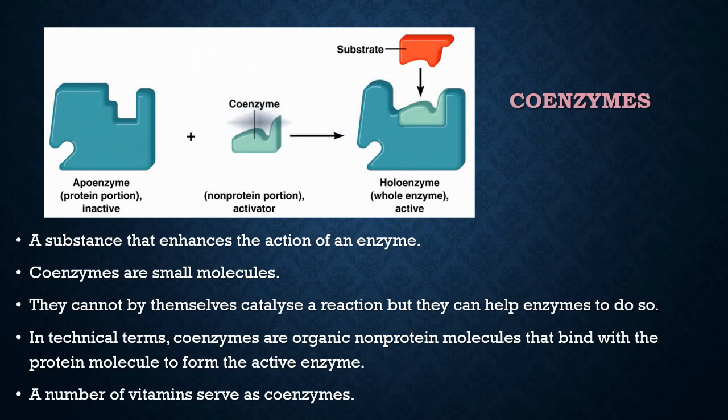We'll see how. You can see this is called an apoenzyme. Apoenzyme is an enzyme with only the protein portion. And here comes the coenzyme. First it will go and bind with this apoenzyme. Together they will form the holoenzyme, where now this whole enzyme is active. You can see the substrate with a specific shape coming and binding with this enzyme. Now you can realize that without the involvement of coenzyme, it is impossible for this enzyme to activate the substrate, that is, to convert the substrate into any other compound. So coenzymes play an important role in activating the enzymes.